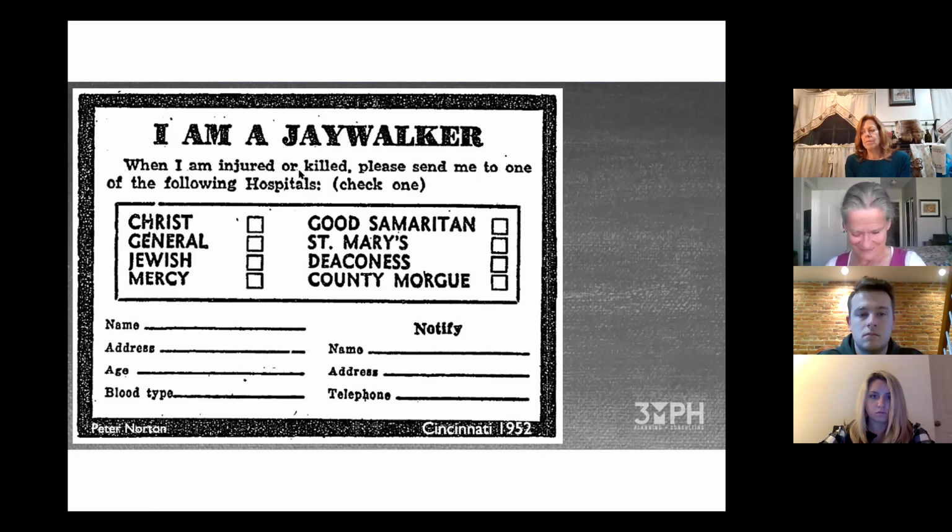They're reckless, they're speeding. And these guys said, no, it's the fault of the pedestrians. They're in the wrong place. They're not doing what they should be doing. And this